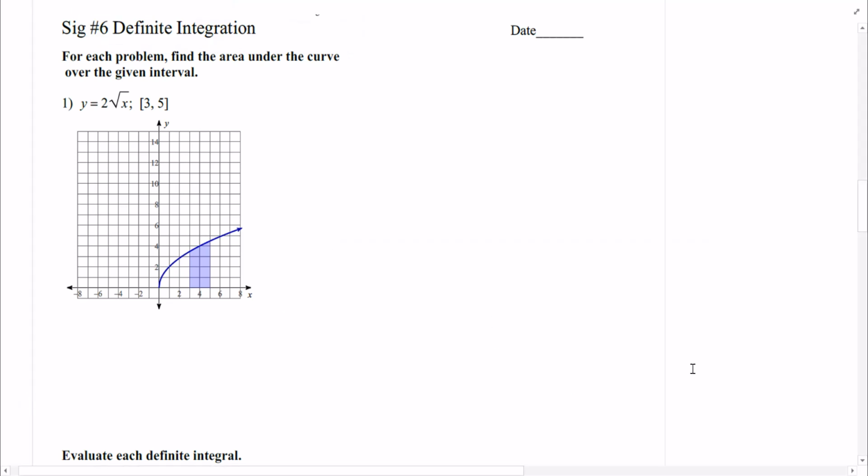Okay, here's sig number 6. I'll just go through it real quick with you. Basically, it's definite integration, right? Which means that we have limits. We have an upper limit and a lower limit, right? We have some number here and some number down here. Remember, this is called the lower limit, and this one's called the upper limit,